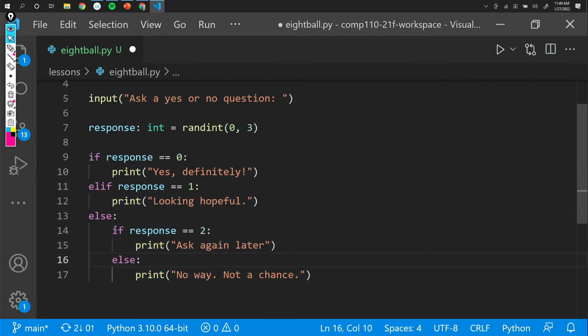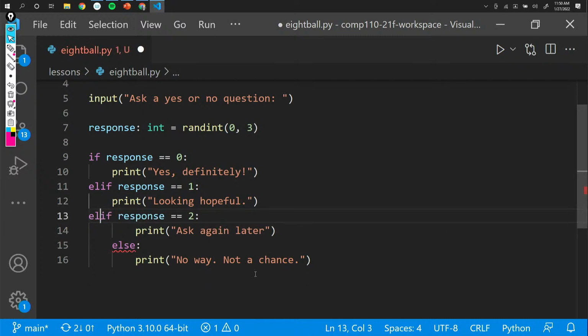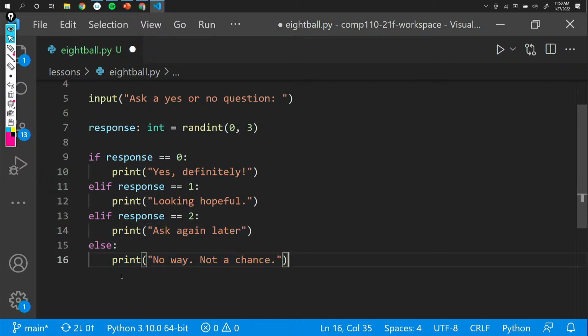And we can do this just the same with the following if statement. So I'm going to bring that one back up to the top. So elif, response is equal to 2. And then select the 3 lines and unindent those. So notice that this actually starts to read much more nicely and looks a little bit less cumbersome. If response is 0, do one thing. If response is 1, do something else. If response is 2, do something else. Else, do something else. And you could keep adding other cases, and the logic would work the same as before, but the code is cleaned up. Any questions on this?